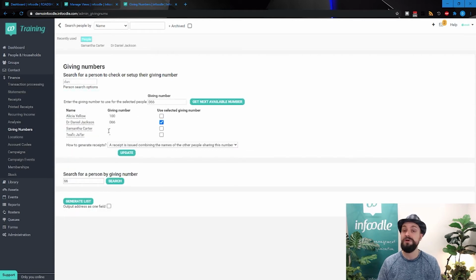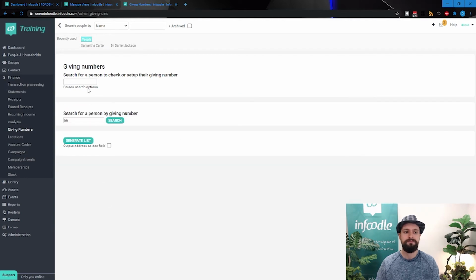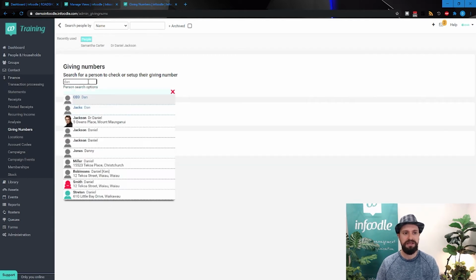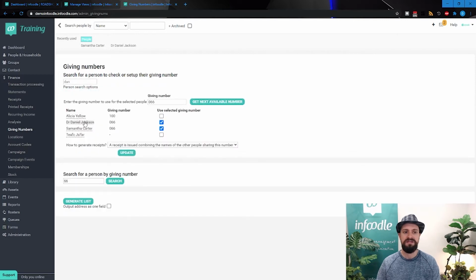And we'll see everyone in the household or organization showing up here and their current giving numbers. Why you'd want to see everyone in the household is because sometimes you've got couples that are giving together, and so they want a single receipt with both of their names on, in which case we use giving numbers for that because they are giving as a single giving person. So we could say, okay, Daniel and Samantha both need that same number. We can go update. And now when I go check Daniel again, we'll see that they both got that same